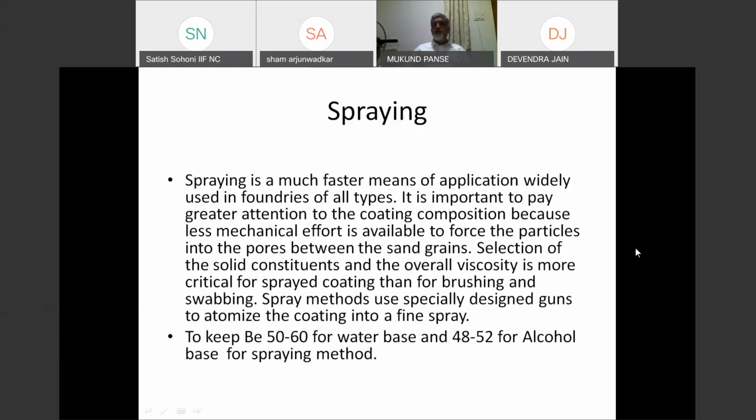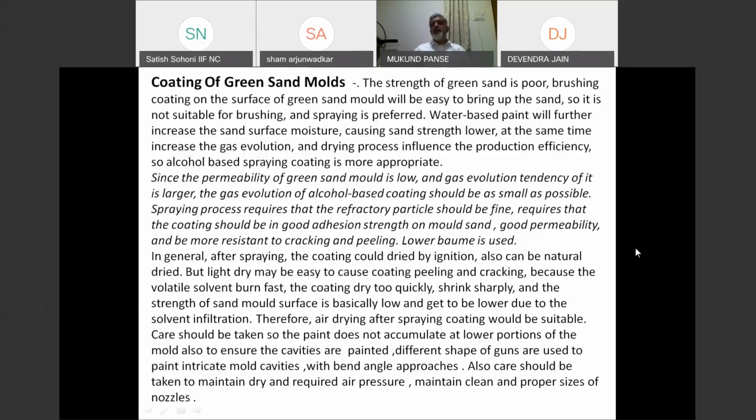For water, it is around 50-60 and slightly lower for alcohol base. Again, spraying is problematic where intricate shapes are there. You have to use different angle spray guns for coating those portions, or you may have to brush those areas. Again, the nozzle size through which your paint is being sprayed should be checked intermittently so you get proper thickness